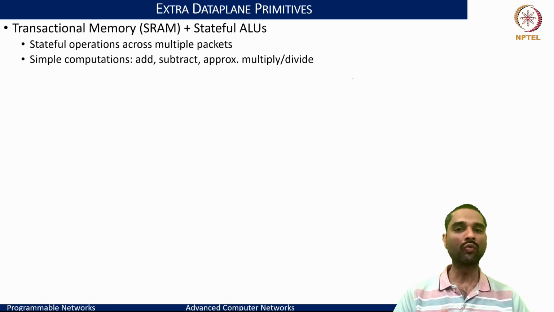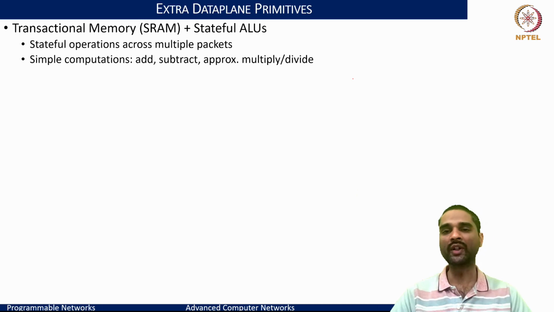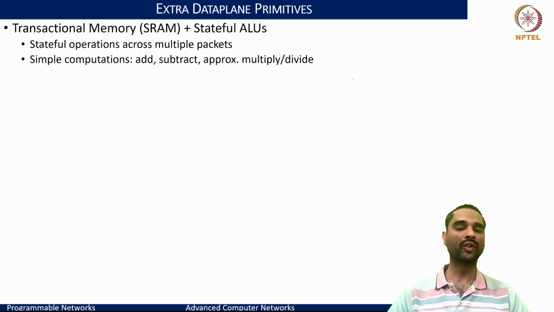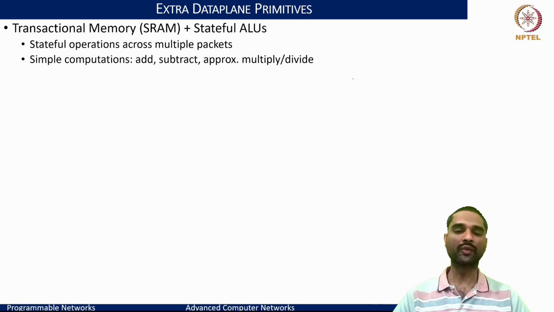And then you would want the ALU, which would do basically a set of simple computations. It could be add, subtract, or approximations of multiply or divide, wherein just an integer multiply or integer divide would be able to work out, or you want to compute certain averages, like what we use with EWMA, and how you can do the approximate of these computations within the data plane of the hardware.